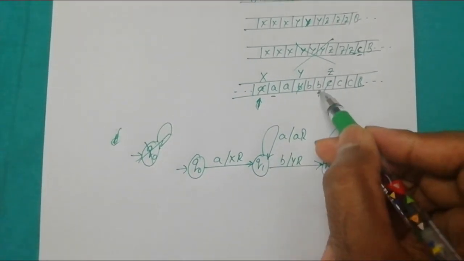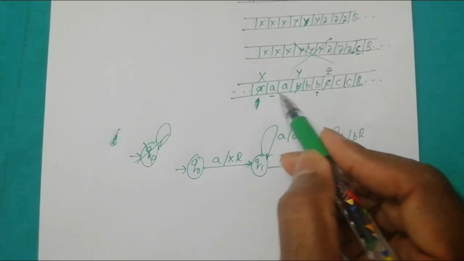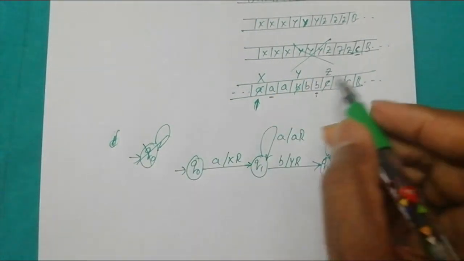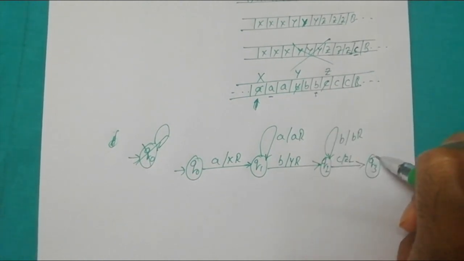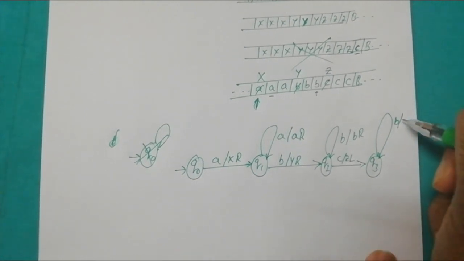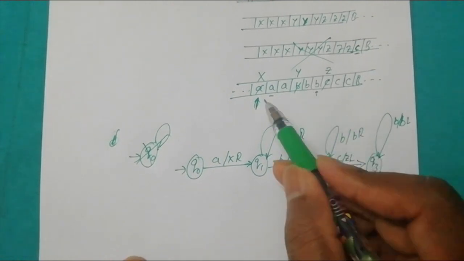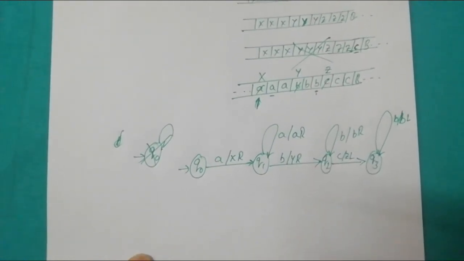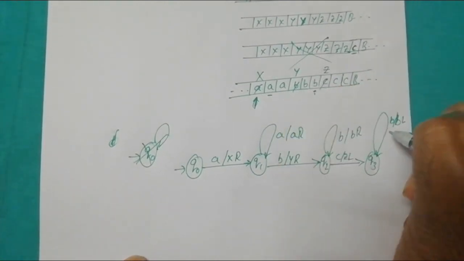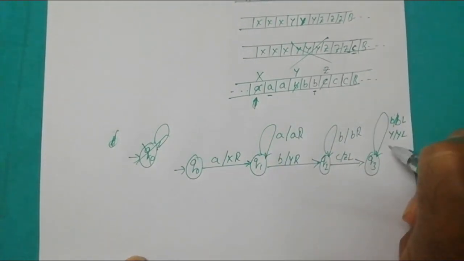Q3 will come across the input symbol B. Until the occurrence of X, we keep on moving to the left without modifying any content on the tape. That is, Q3 will come across a sequence of B's. Just keep on skipping. Remember that we are moving to the left direction. Next, Q3 will come across Y. Just keep on skipping. Q3 will come across a sequence of A's. Just keep on skipping.